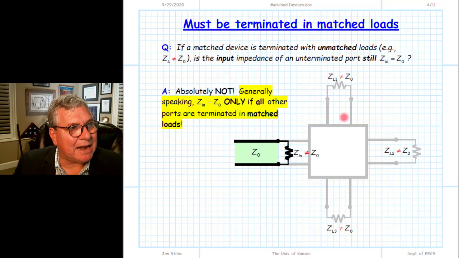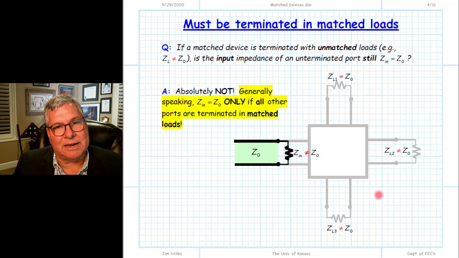If we take a matched device and connect it to devices that are not matched, that don't have port impedances of Z0, then we'll find that the port impedance, even of our matched device, will not be equal to Z0. And that's true, generally speaking, for all ports. So in other words, a matched device is not one where the port impedances are always equal to Z0. It's a device or component where the port impedances are equal to Z0 if all other ports are connected to